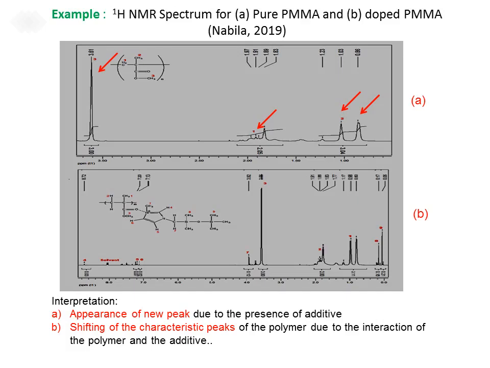The appearance of new peaks indicates that the additives had been successfully incorporated into the polymer matrix. The shifting of the peaks indicates that there is an interaction that occurred between the polymer and the additive. If there is no new peak other than the distinct peaks of the additives and the main polymer host, it can be said that the interaction between the polymer and the additives is only a temporary bonding.